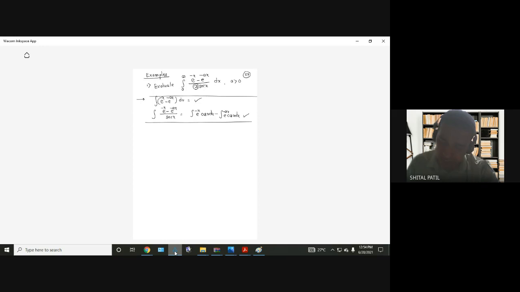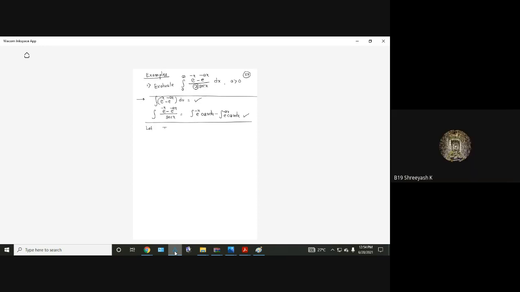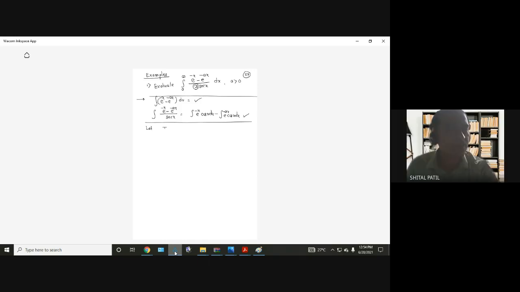So let me start now. Let's start like this. Yes, e raised to minus x cos x dx, do we do it by parts? No, there is a formula for it: integral of e raised to ax into cos bx dx equals e raised to ax divided by a square plus b square into (a cos bx plus b sin bx). That we are using in this example only. After some time we'll use that.